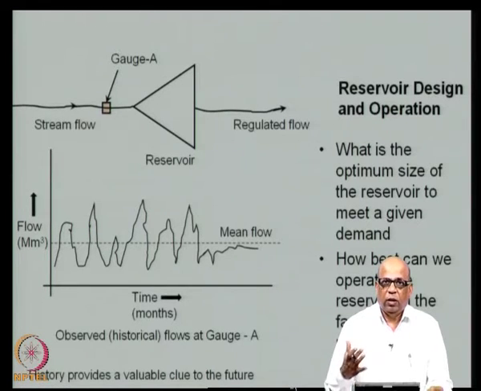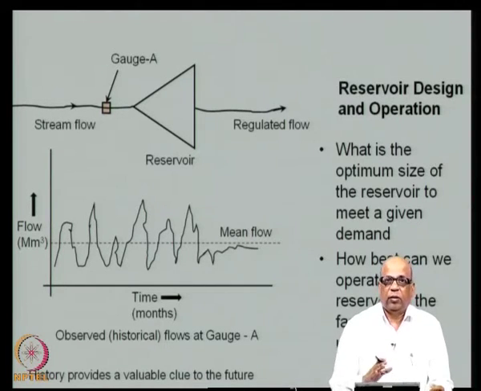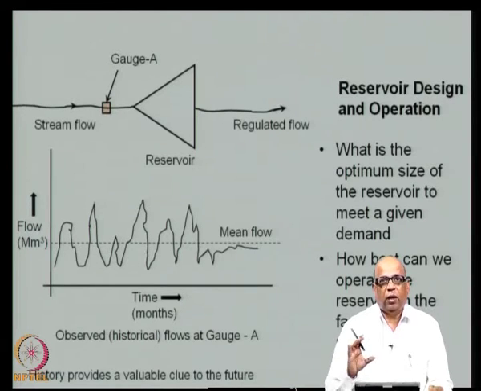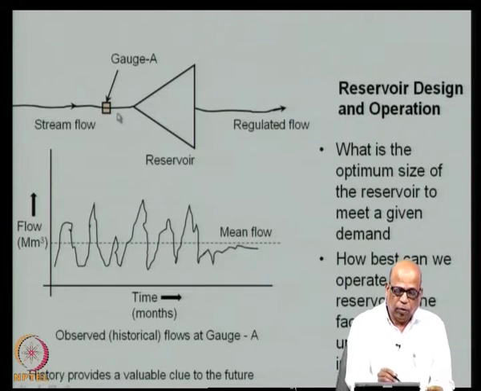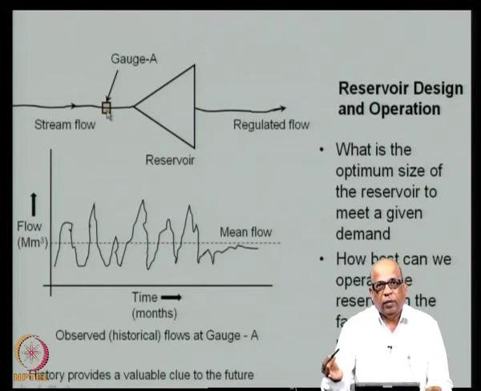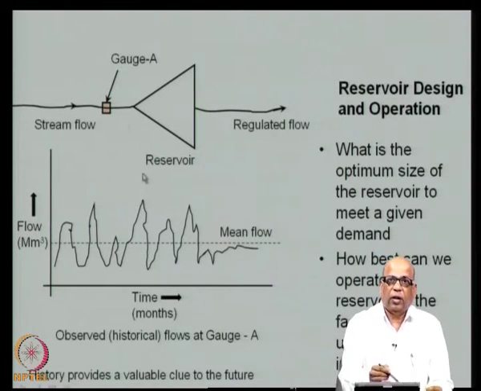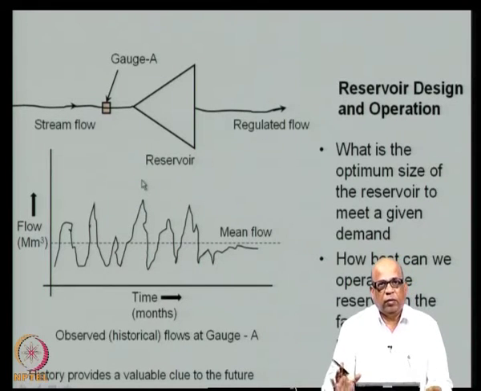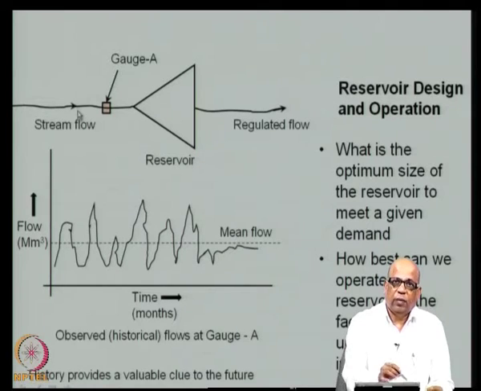Essentially, what does the reservoir do? The reservoir redistributes the deficits and the excesses such that throughout the year you have a reliable supply of water. That is what the reservoir does. If, let us say, the stream flow is so high compared to the demand, then there is no need for a reservoir. That means you can simply draw the water directly from the stream and supply it to meet the demands. The reservoir becomes necessary, the storage becomes necessary, because the demands are higher than the mean flow. I am sorry, the demands are higher in terms of the time distribution.